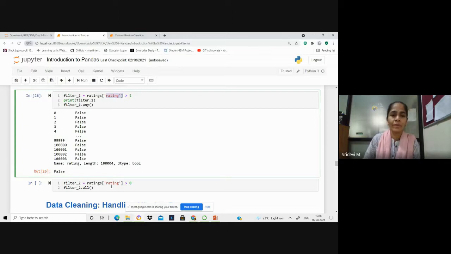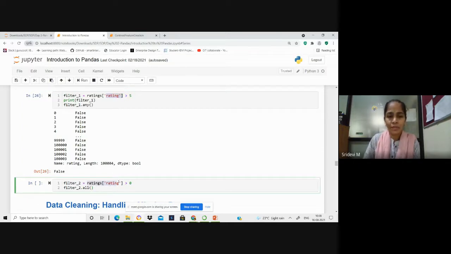Now you can also check whether all the values are greater than 0, just to make sure that no negative ratings are given for this column. So we are taking the filter as greater than 0, and we are applying that filter by using the all conditional here. In the previous case, we used any. Here we are using all. We wanted to know whether all of the values, when applied with this filter, are true.